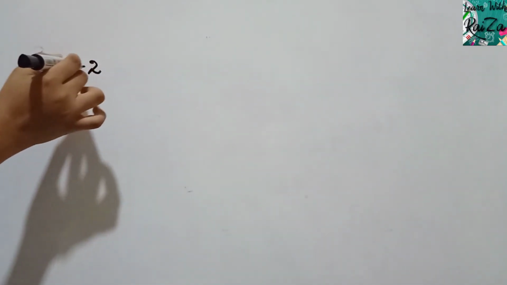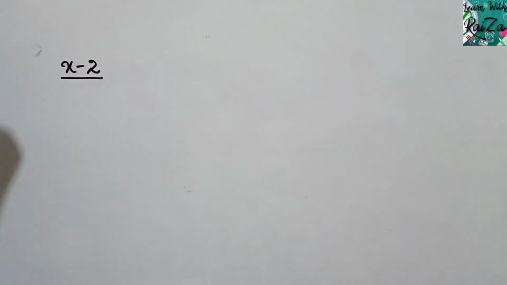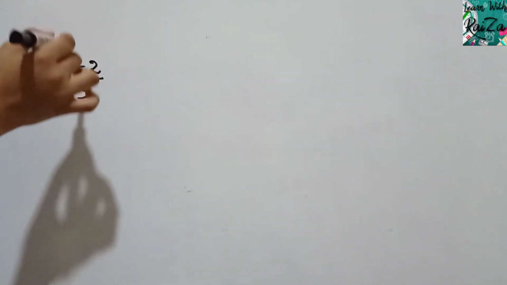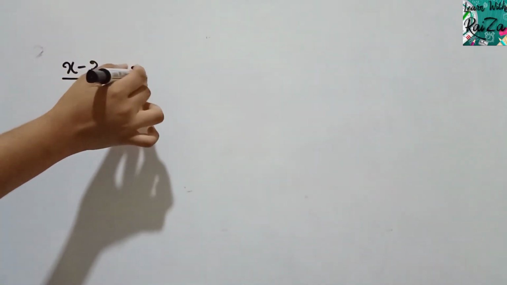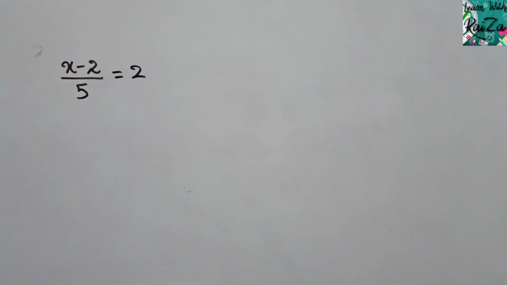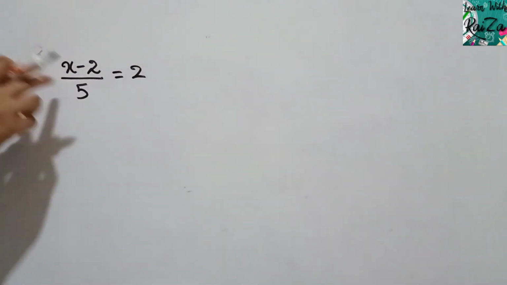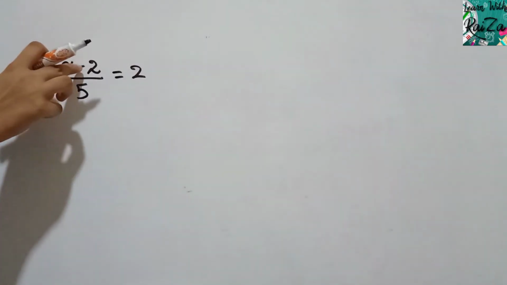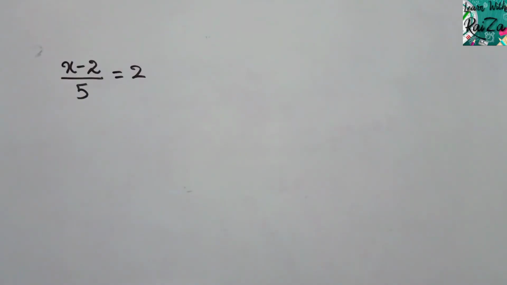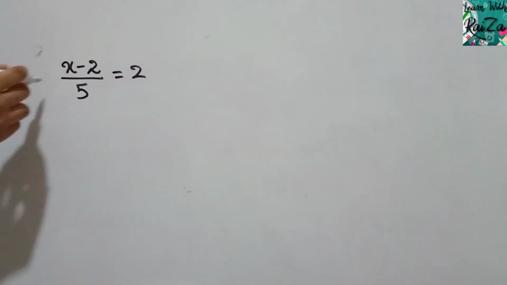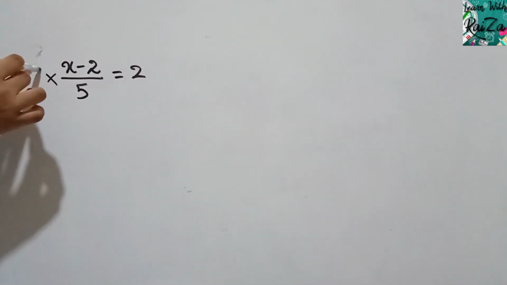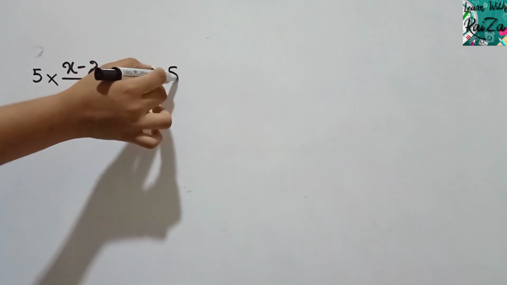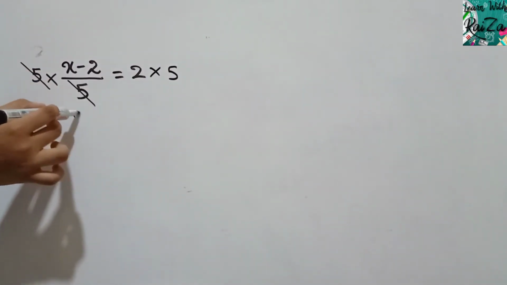Then let's take another one. It's a little bit of a harder one. If you understood the previous one, it's easy. So if you know the basic thing, you know what to do to isolate the unknown term x. So listen here. 5 is there through a division. So we have to remove negative 2 and positive 5 because they are the barriers for us to isolate x. So to remove the division by 5, you can multiply by 5 on both sides. Then you can cancel them automatically.